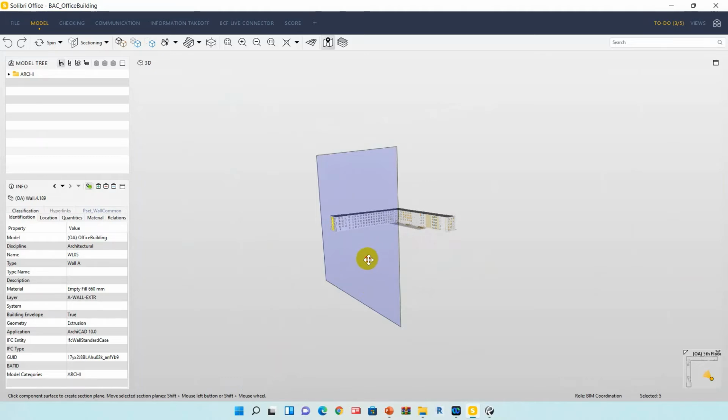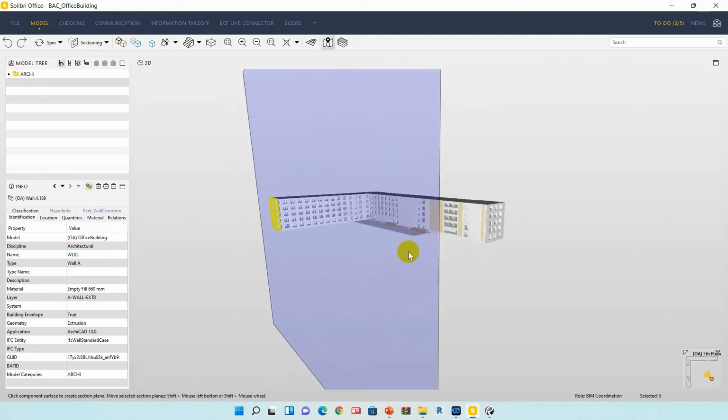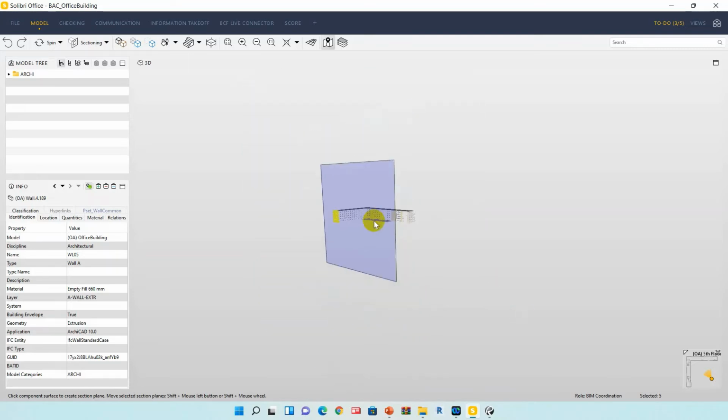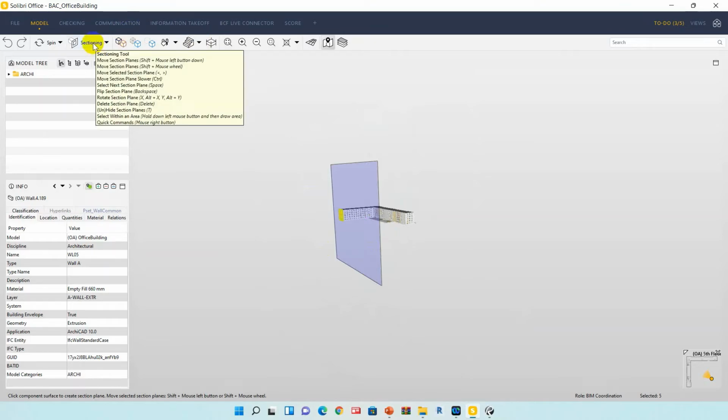Press the shift on your keyboard, then shift and mouse left button, you can move your section. To hide the sectioning, press the T on your keyboard. To turn on, press the T again. And after that, if you want to add one more, so